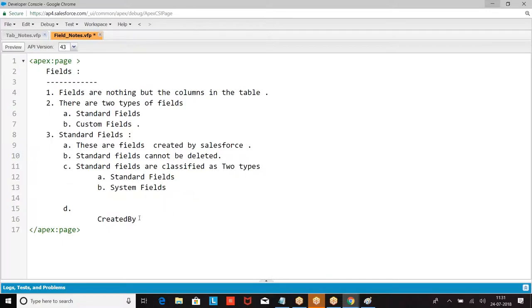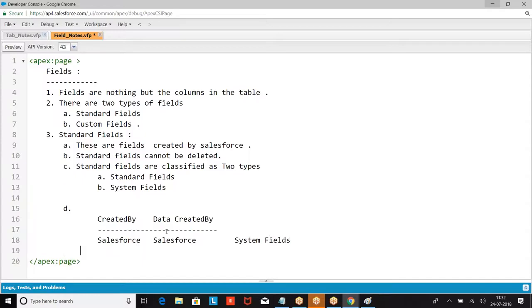Created by Salesforce, data entered by user. This is how we created. I hope you got the clarity, right?